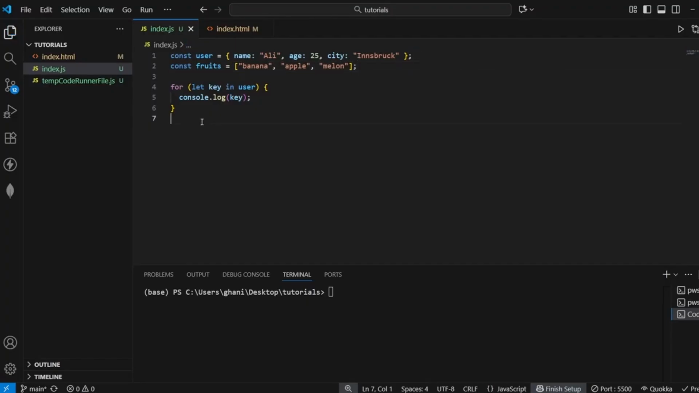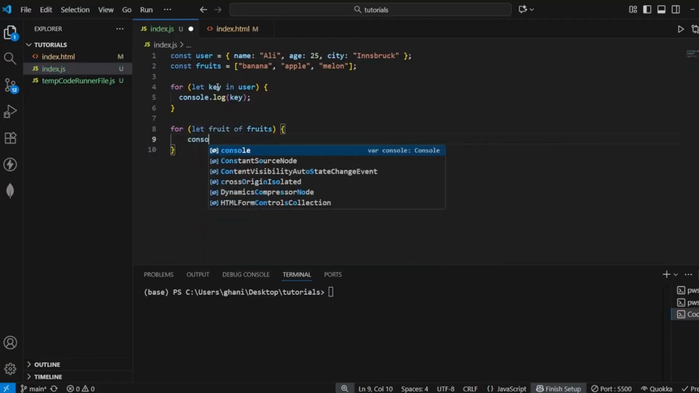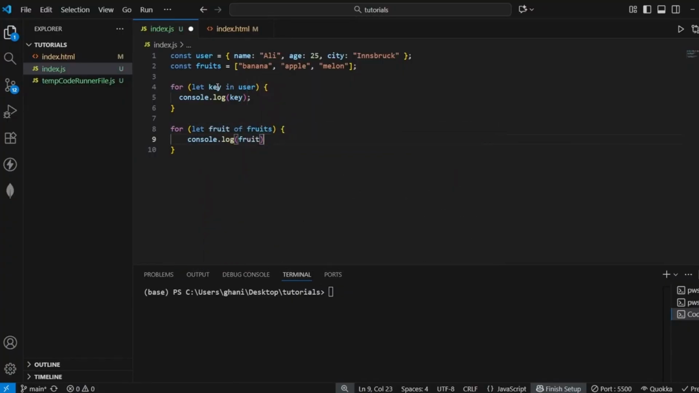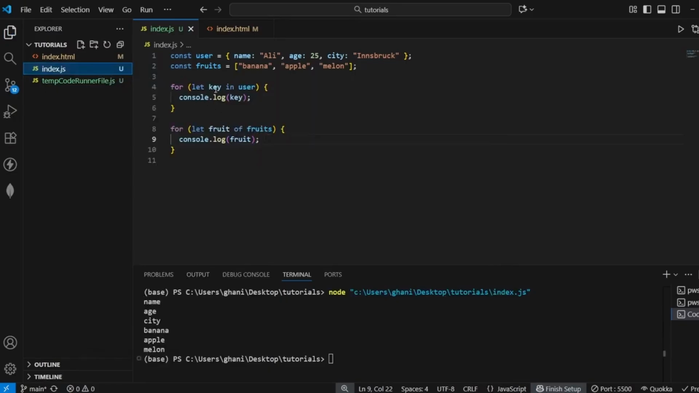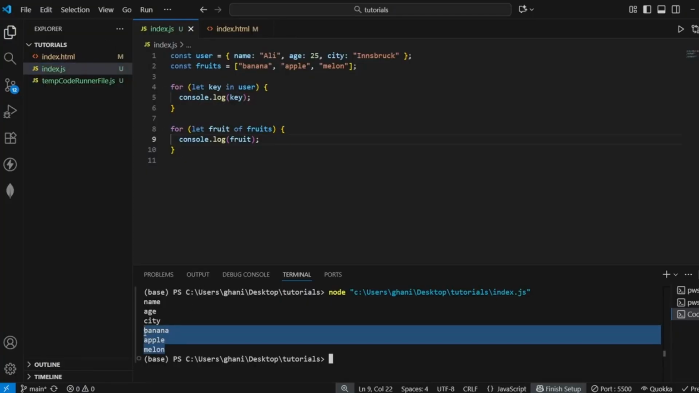And now let's use a for of loop to loop over those fruits. So we can say let fruit of fruits. And now let's console.log our fruit, because I think this is the easiest way to really understand it. We're just going to run the code. And as you can see, for our for in loop, we get the keys of this user object. And by using the for of loop, we get an output of the values for those fruits. So essentially the for of loop holds the value of one of the items from an array, for example,